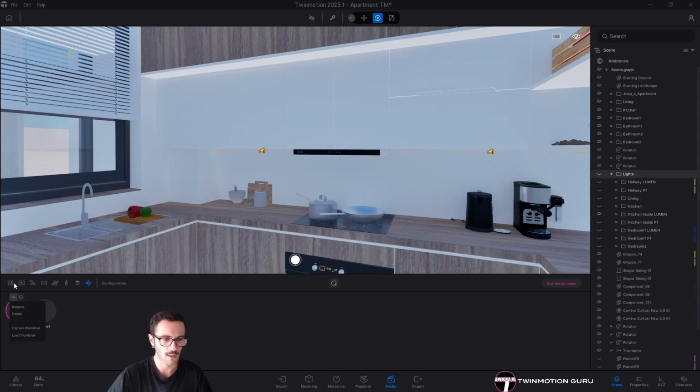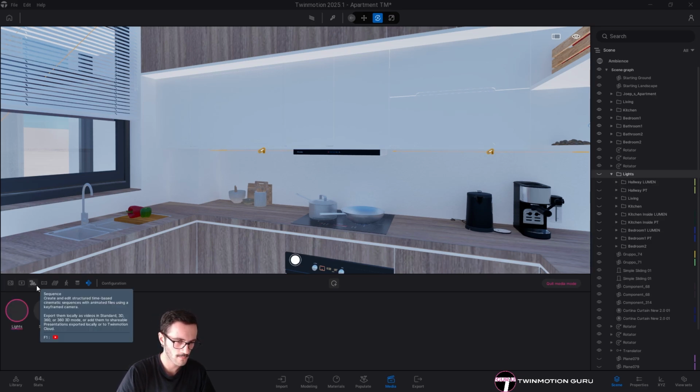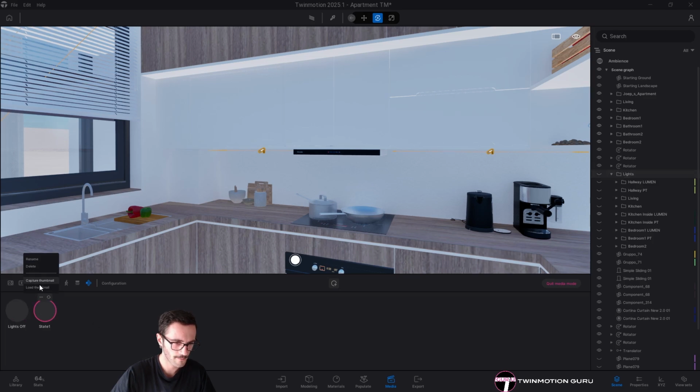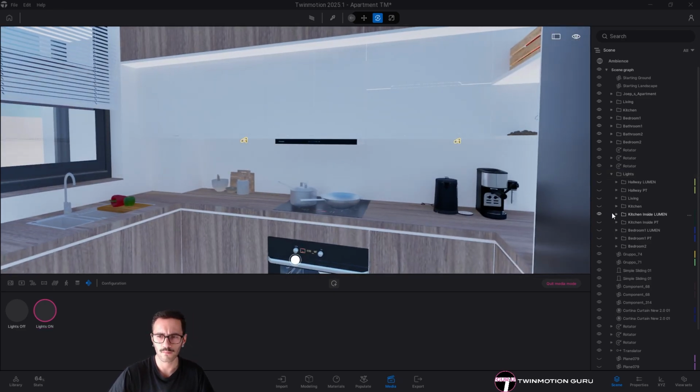Okay, so this will be lights off, and this will be renamed lights on. Right now I don't see the lights turned on, only because I'm with the raster engine.